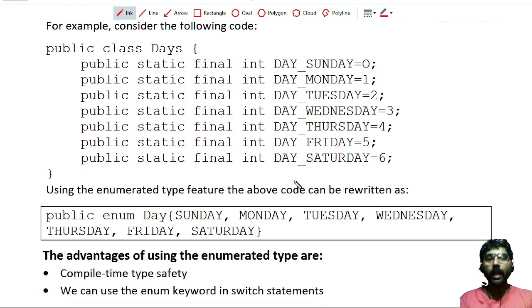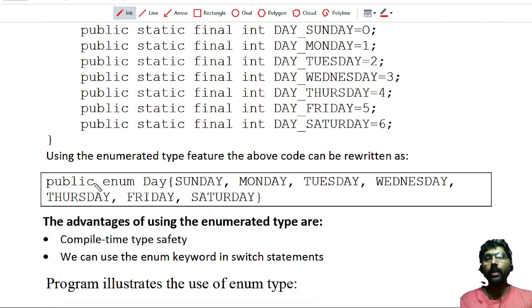That can be done by using this simple form here. We can create an enumerated type and rewrite these multiple constants in a single statement. I have to write public, then use the keyword enum, and then type the enum type name, Day, and then write Sunday, Monday, Tuesday, Wednesday, Thursday, Friday, Saturday.